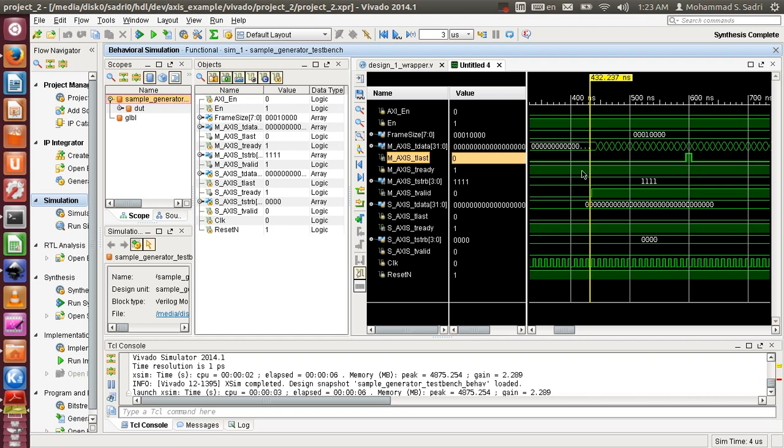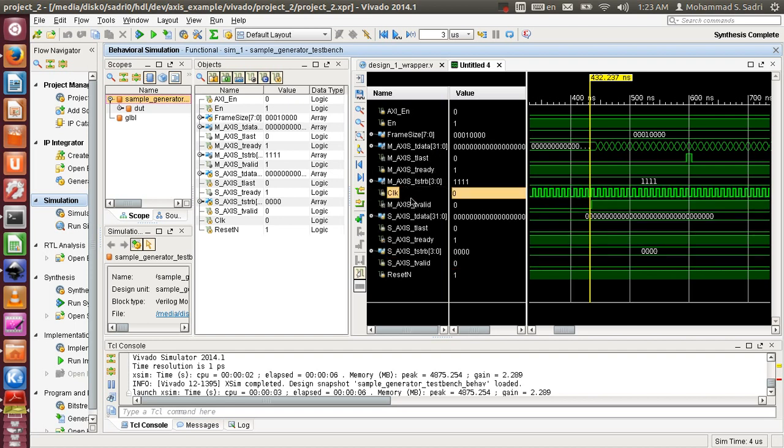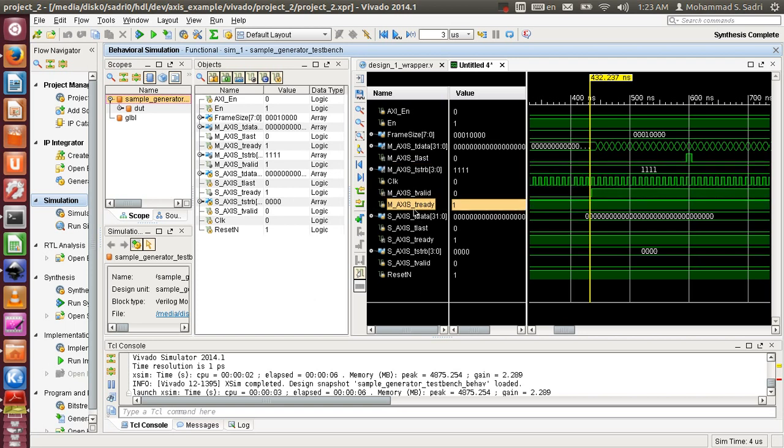Actually, I should count the number of data which is being transferred. So for my counting, I need this clock. I need to move this clock somewhere meaningful, beside t valid. Where's t valid? T valid is here. I put it here. And where's t ready? Let's put t clock, t valid, t ready,